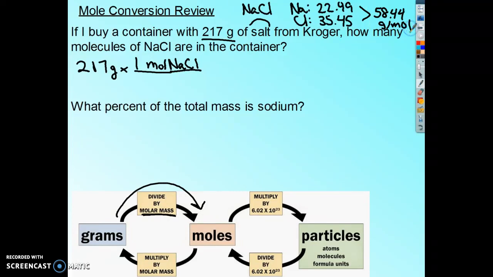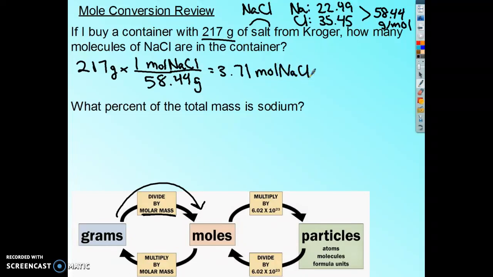So in my denominator here, to make it a division process, I'm going to put my 58.44 grams. All right. So now we got to divide 217 by 58.44 to find how many moles of NaCl. I've got 3.71 mole